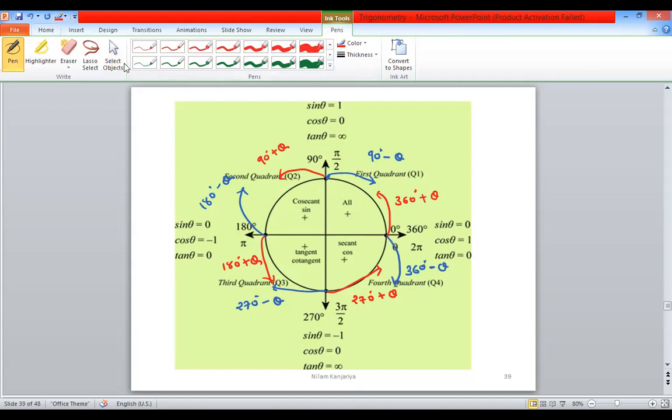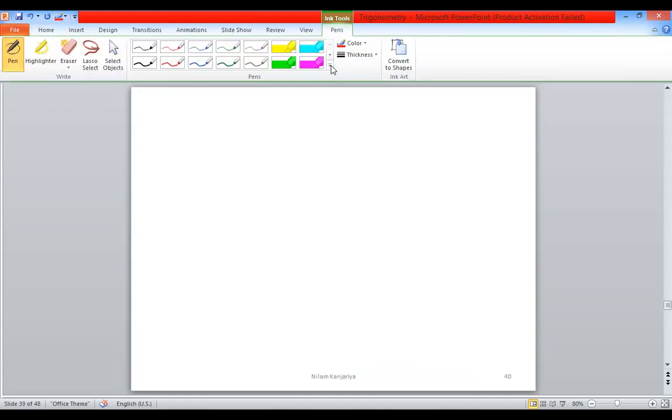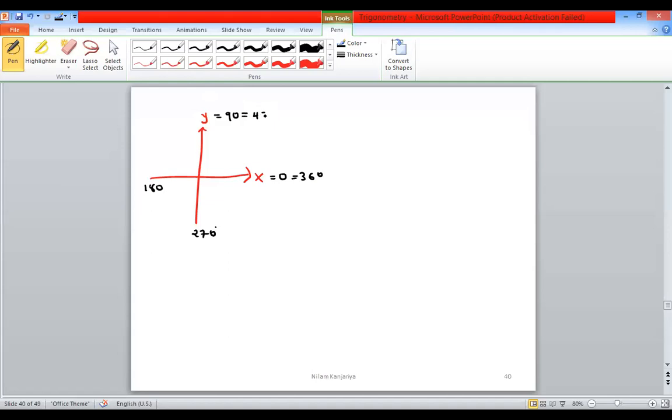Angle on the x-axis, what happens? Angle on the x-axis means this is your x-axis and this is your y-axis. X-axis means this is your 0 degree. Then we're moving on to 90 degrees, then 180, then 270, and 360. If I take one more revolution, so again 360, it's 450, 540,